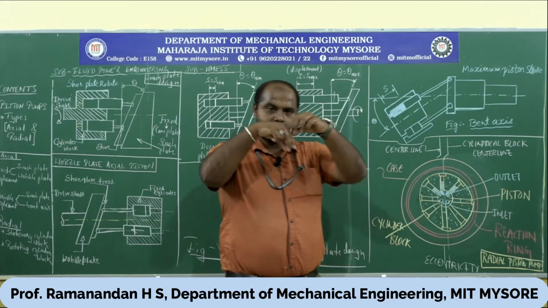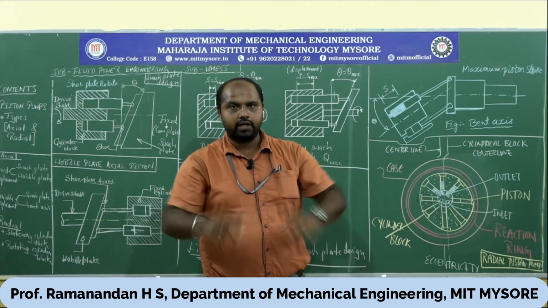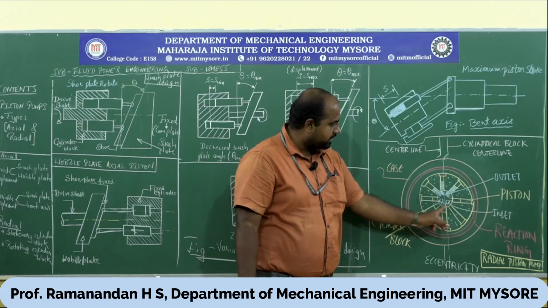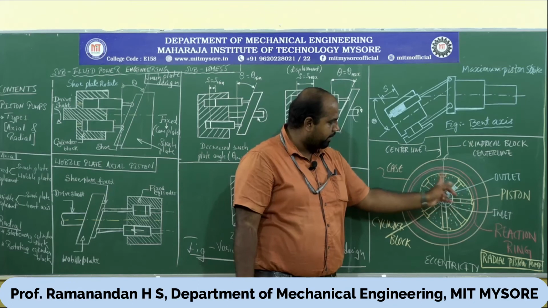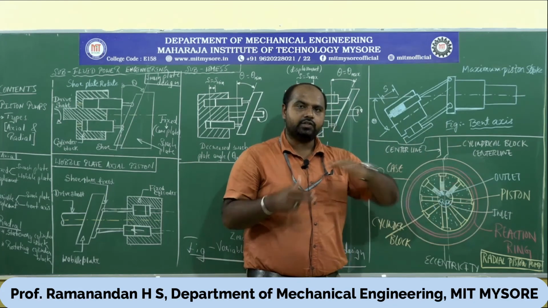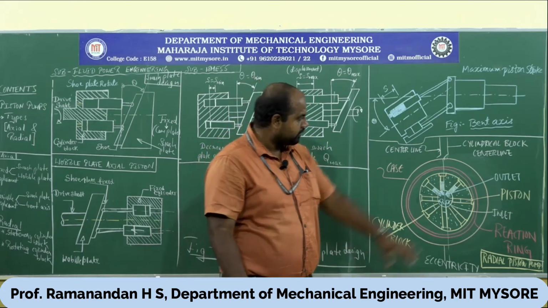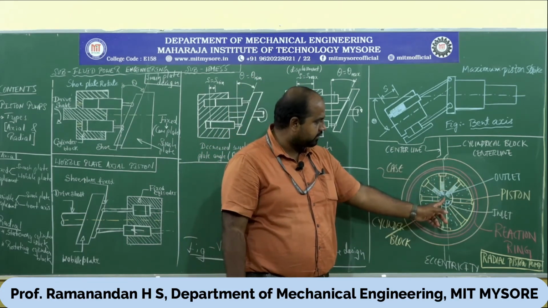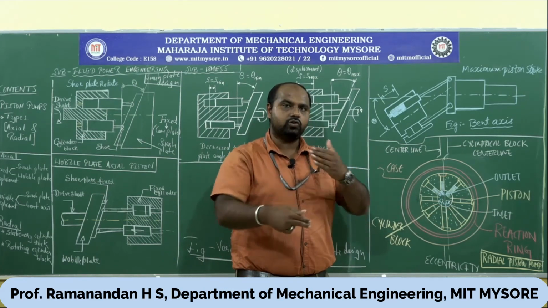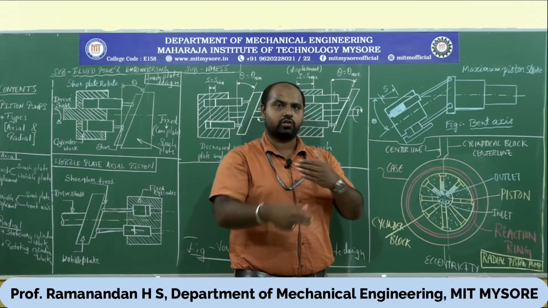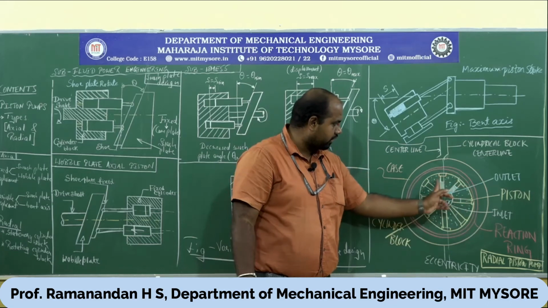All the pistons, you can see, are mounted radially around the cylinder, on the vertical axis. In the bottom half, these are the inlet chambers and cylinders. The upper half is the discharge part, or outlet, of the piston cylinder arrangement. The drive shaft is connected to the cylinder block, so once the cylinder block starts to rotate, the rotor also rotates along with it.